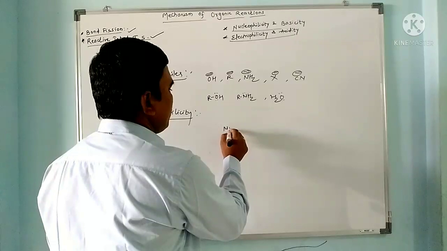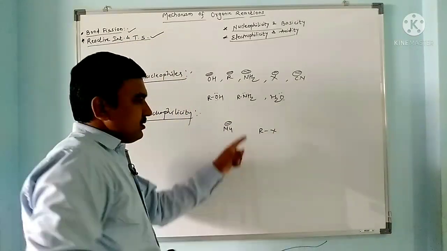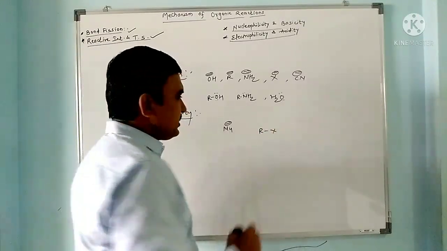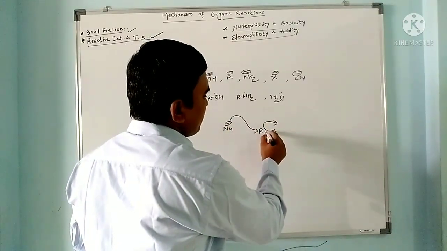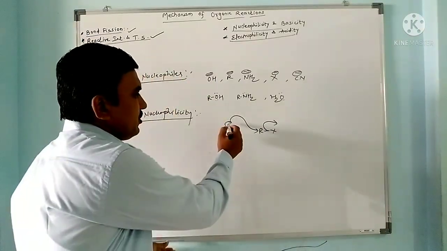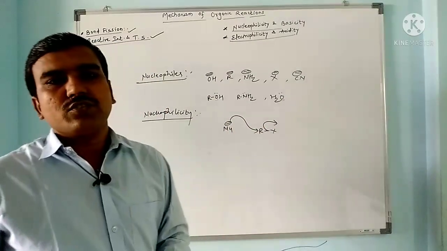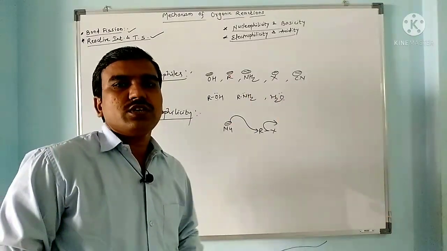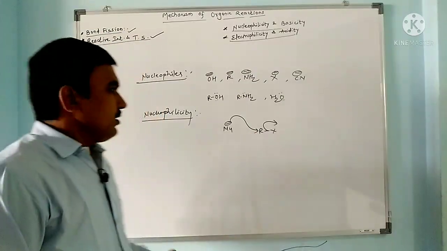Suppose we have any nucleophile, and it reacts with R-X. Because of this bond polarization, X is electron attracting and R becomes electron deficient. So the nucleophile attacks this R and X departs with the electron pair. So what is nucleophilicity? It is the ability of the nucleophile to attack this R while X departs with the electron pair. So basically nucleophiles make bonds with an electron deficient substrate, an electron deficient species.